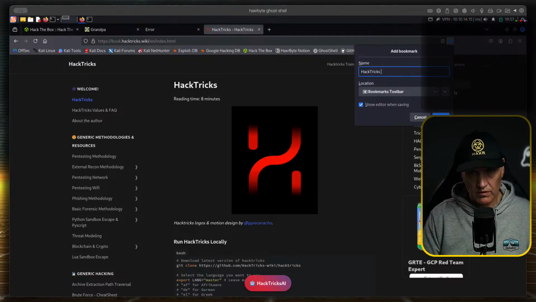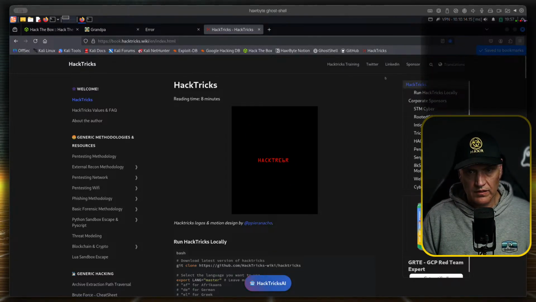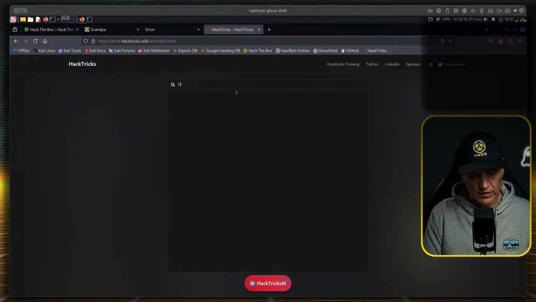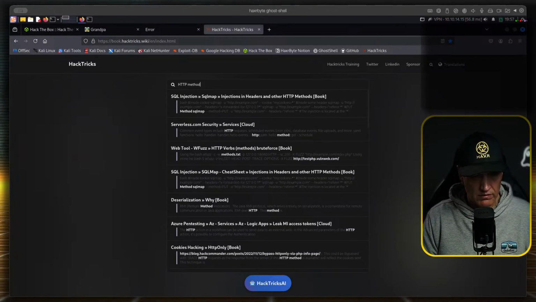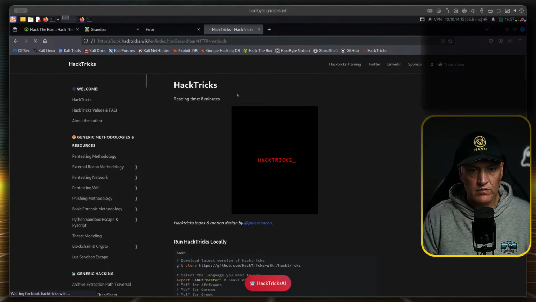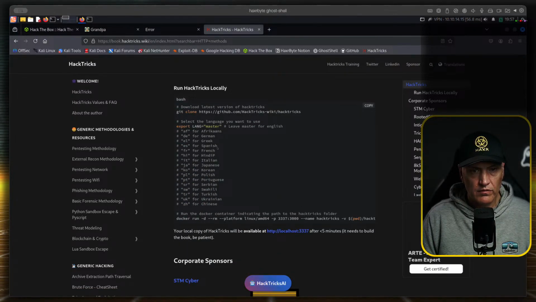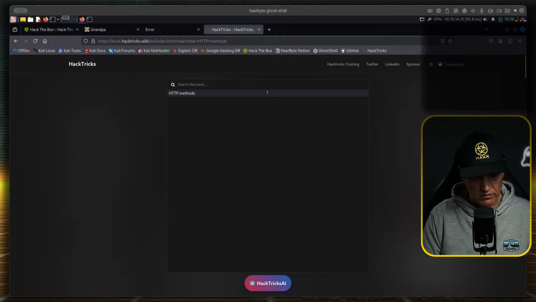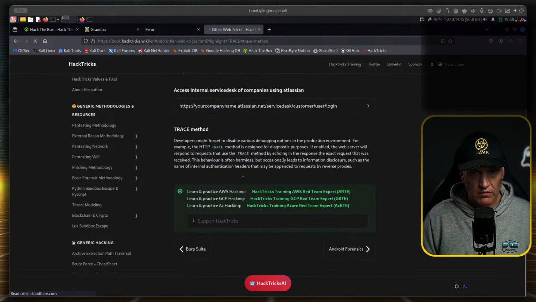This is a bookmark. Okay, so let's search for HTB methods. Trace. Trace method. Web tricks.